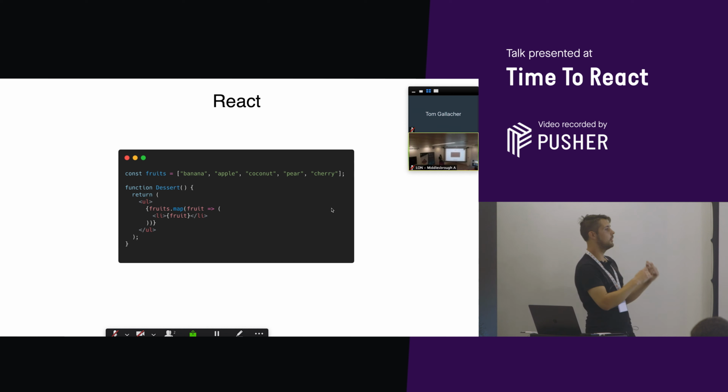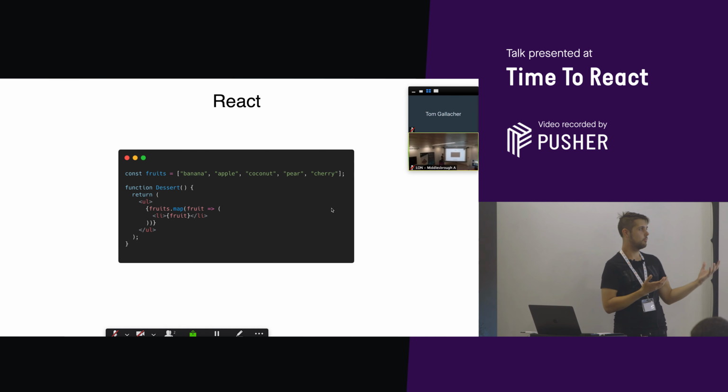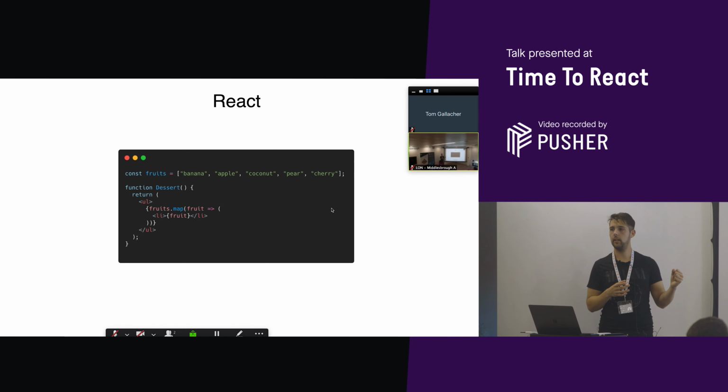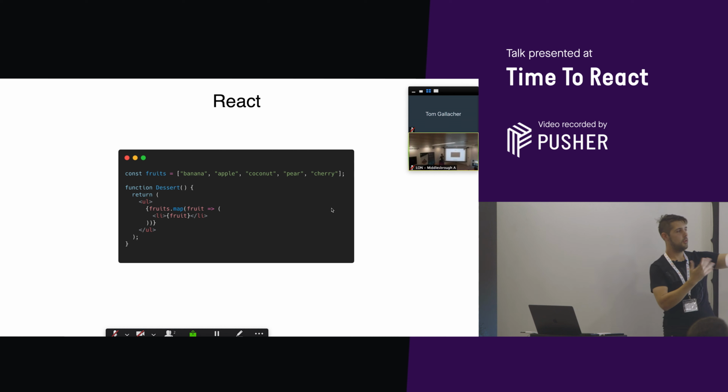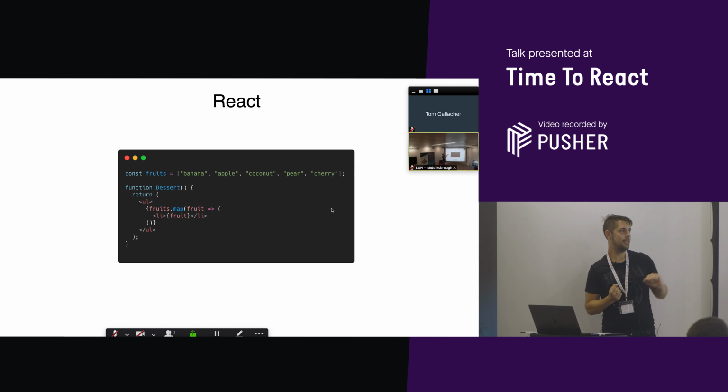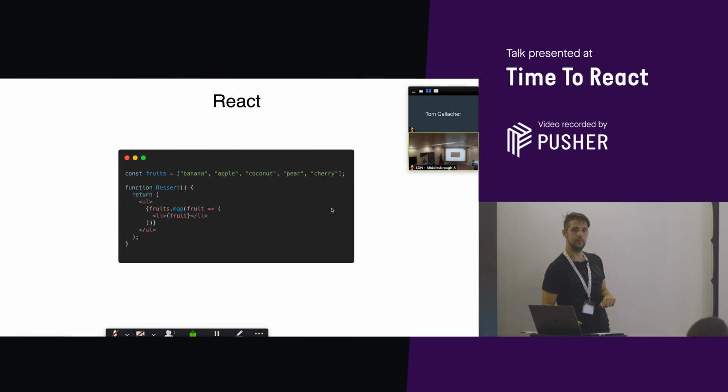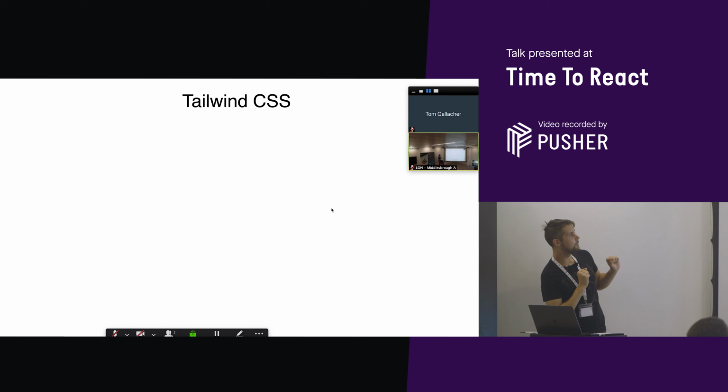And this is a small piece of code in JavaScript that probably all of you understand. If someone doesn't understand it, please raise your hand. Great. So we have an array. We can use map through it and just return a list of nice desserts, some fruit. Anyway,